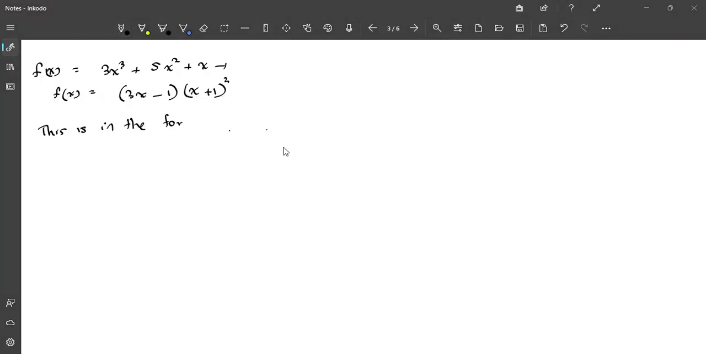This is in the form given in the question, when k is equal to 1. Then the next part of the question they are asking, by writing 3x minus 1 in the above